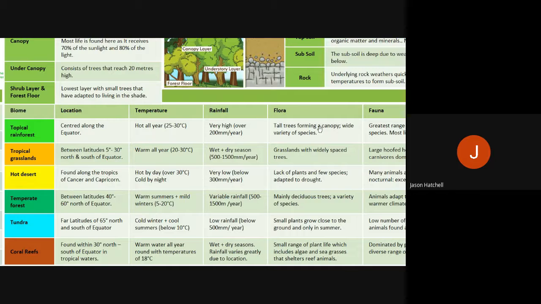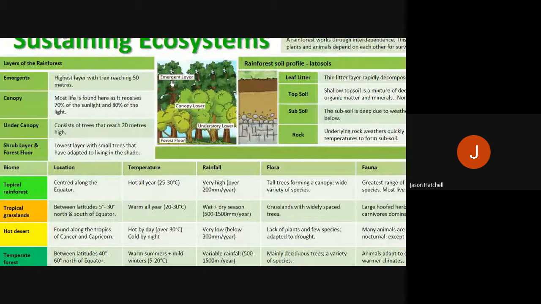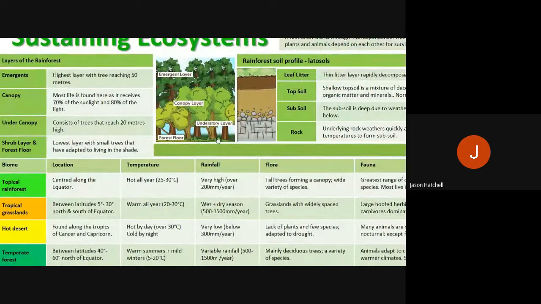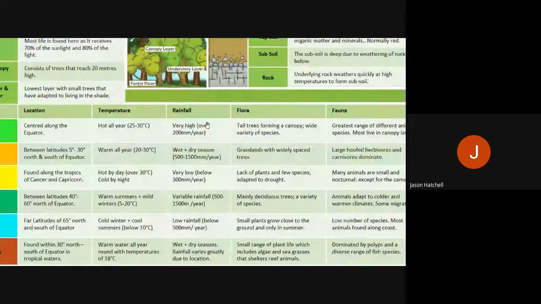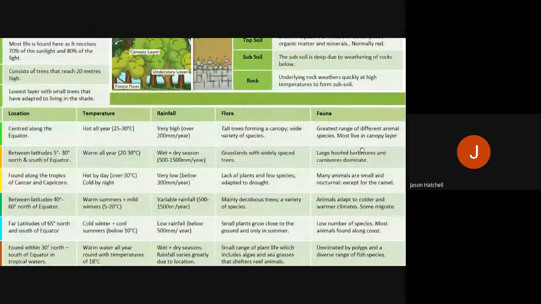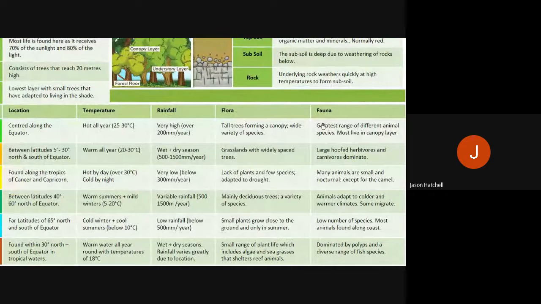We know that the types of plants we see are mainly tall trees, and they form a canopy, but as we go back up here, we've also got the emergent layer, and the understory or the under canopy and the shrub layer. So we've got lots of different trees at different heights. And finally, for tropical rainforest then,